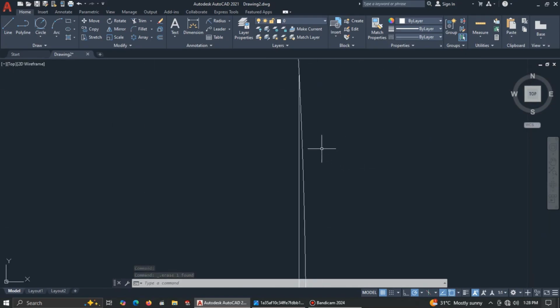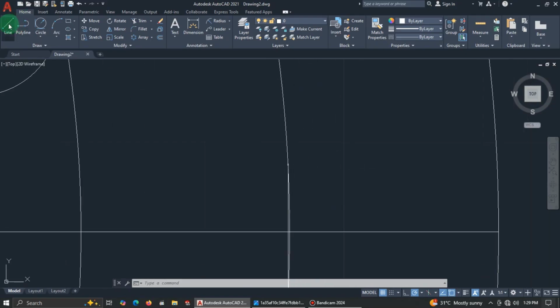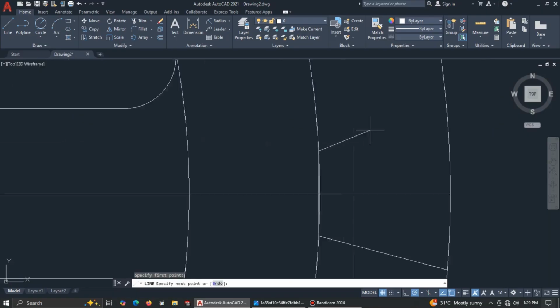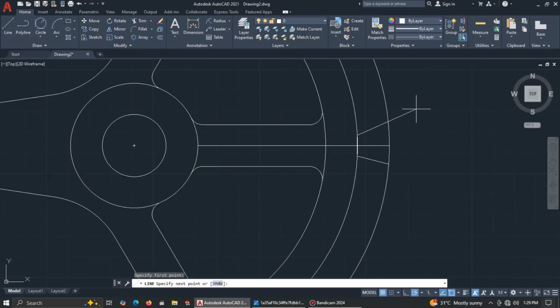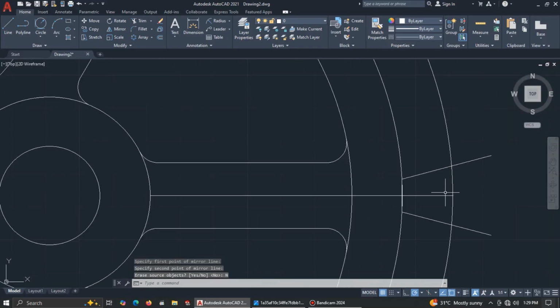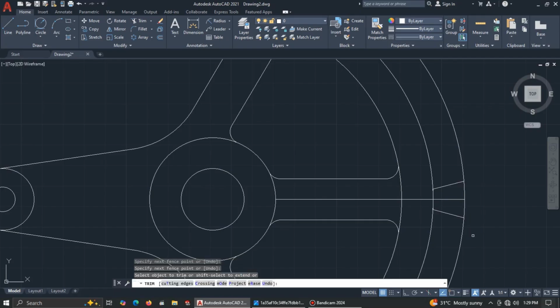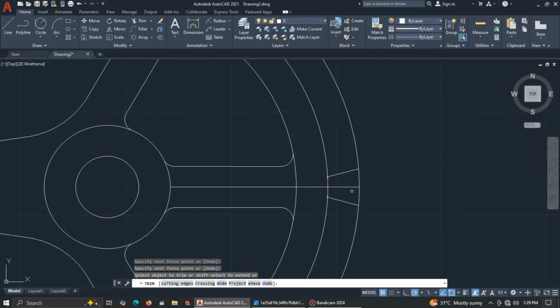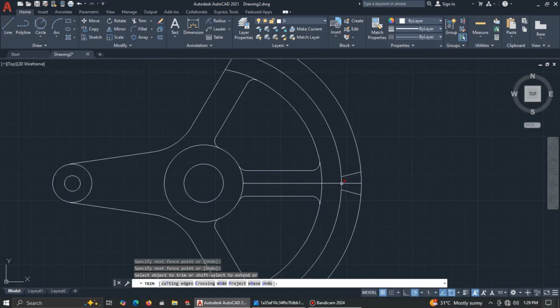Okay, so pick a line, bring it to the end point here, and then enter the less than sign and then enter 15. Good, so let's mirror, select mirror, no. Alright, so now it's okay. Let's trim. Good, so from here what we are going to do